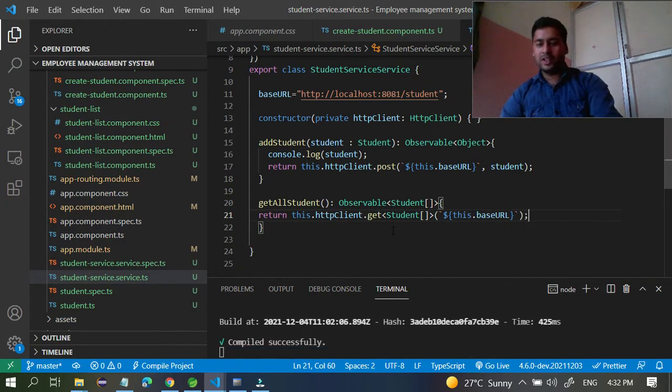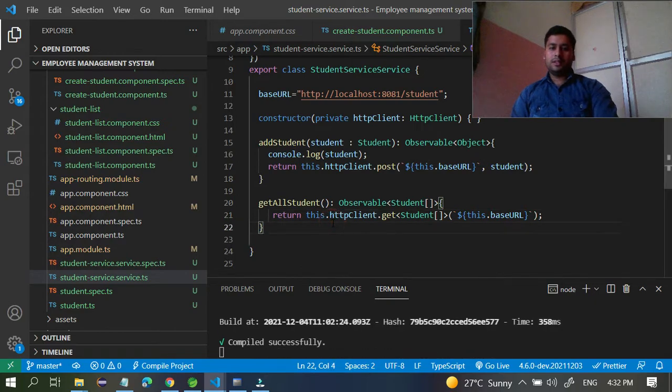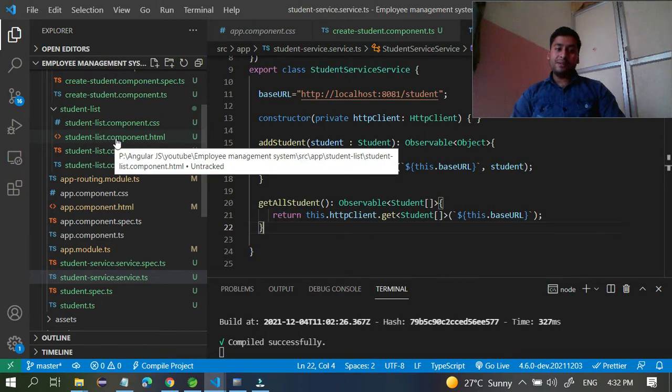You don't want to forget it. So get all students is able to fetch the data from our API. We already connected with this, so you just have to write the method, nothing else. So this is responsible to fetch the data. Now this data you want in the list component HTML file.